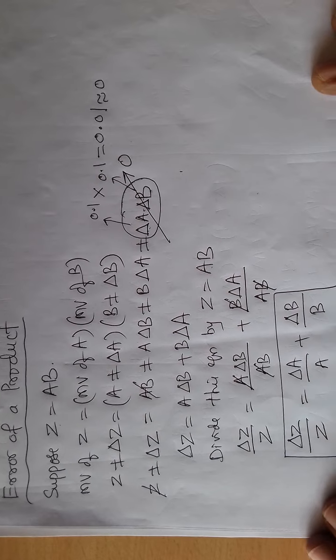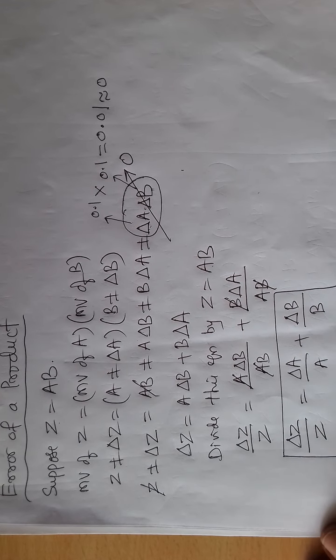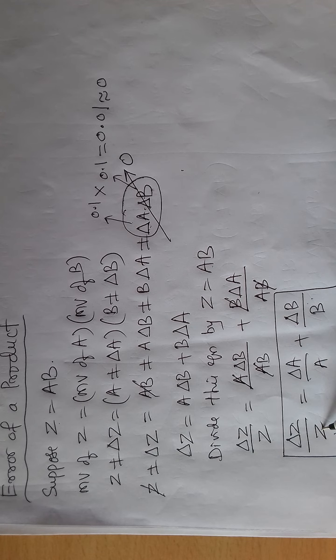We already defined three types of errors. When error is expressed in this fashion, it is called relative error. So the relative net error is just a sum of individual net errors: the sum of relative errors of individual quantities. The relative error of the net value is equal to just the sum of relative errors of individual quantities.